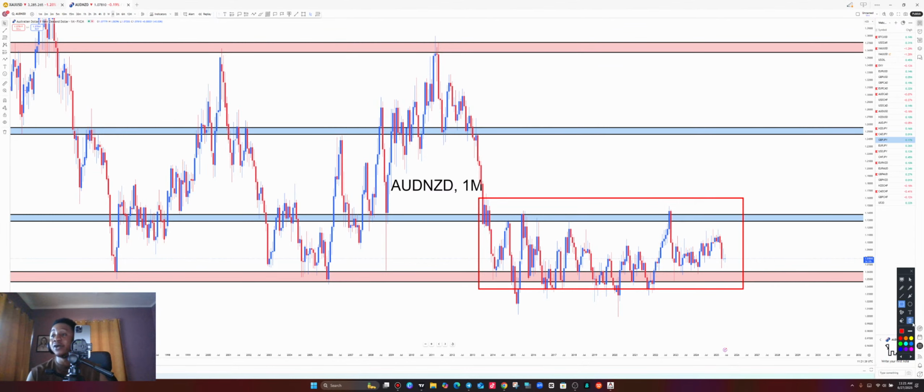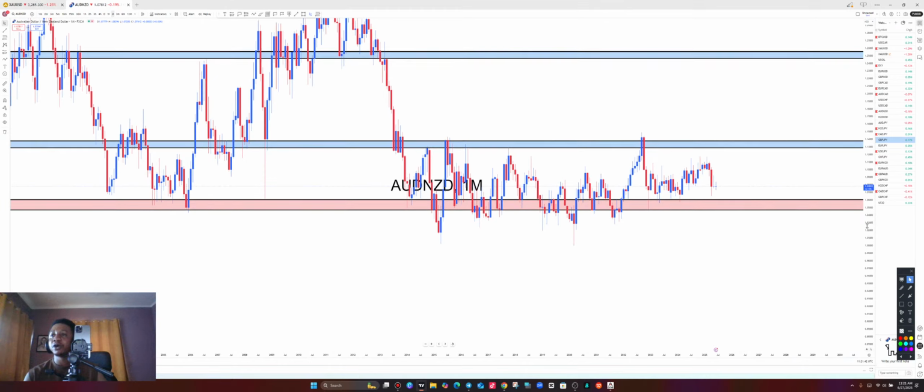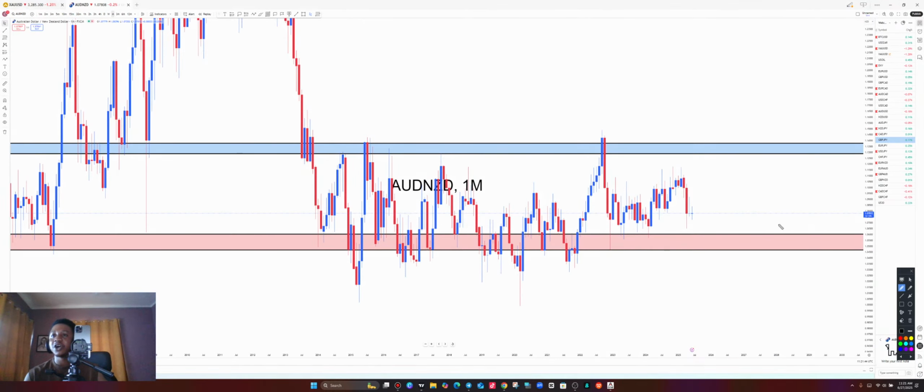So where is price going now? Is it going to the support or the resistance? It is coming all the way down to the support. Why? Because we can see there's a lot of sell pressure here, which is bringing the market all the way down. So AUD NZD, price is coming all the way back down to its support level. So when we come back down to a support level, what do we do? We pick entry into that direction. How? By taking it again to weekly time frame to add more meaning on AUD NZD.